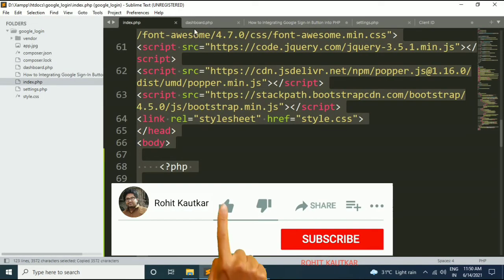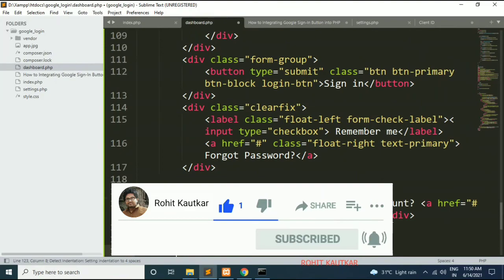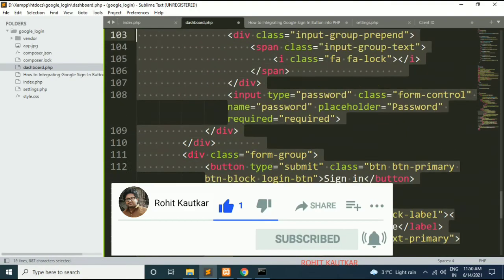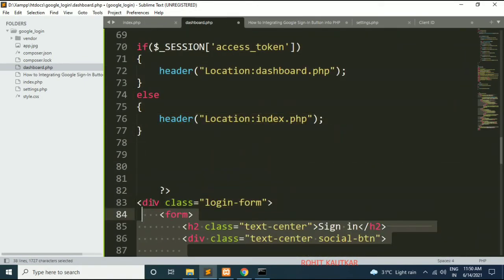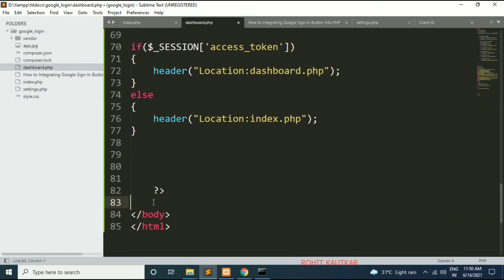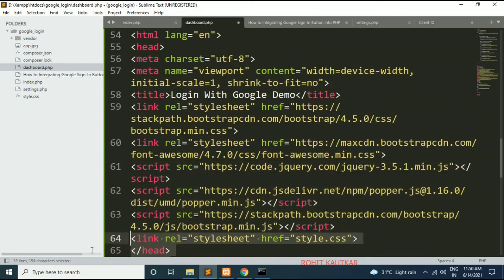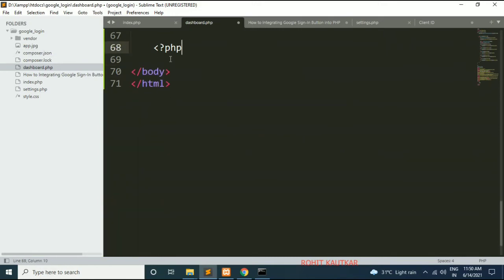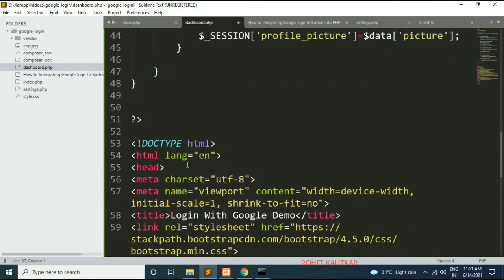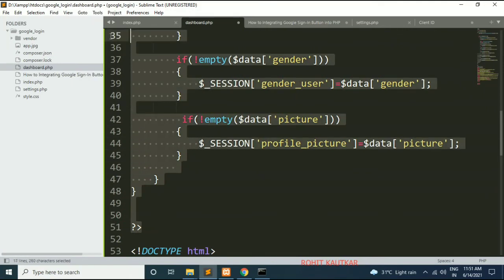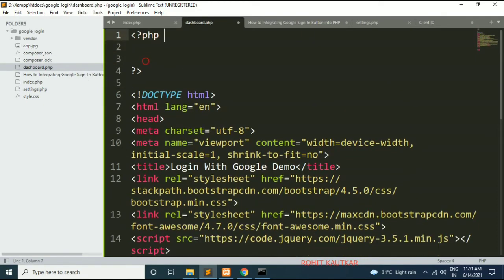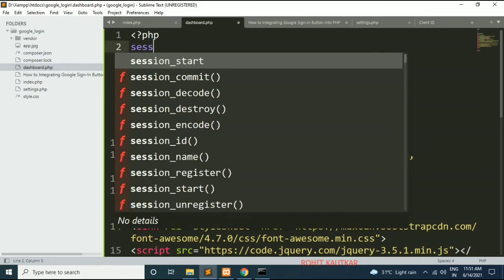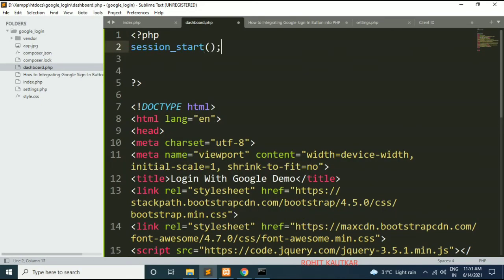And I will copy the same code and paste it here. Okay, now I will remove all the other things from this web page. We don't need all this code here. As well, I will remove all this PHP script. Now here start your session in order to use session variables within the script.